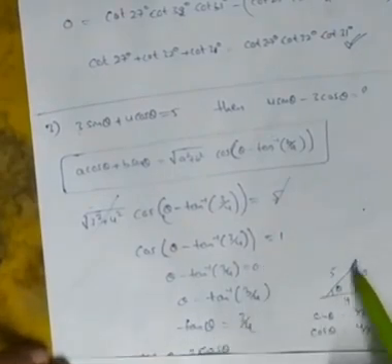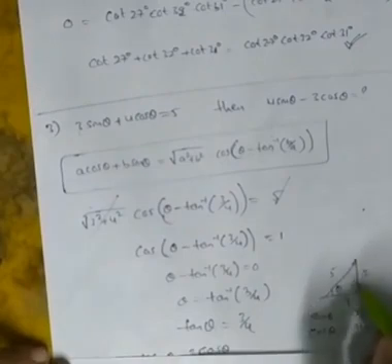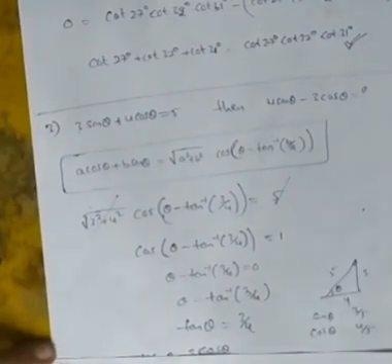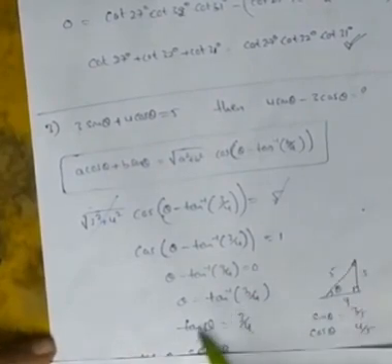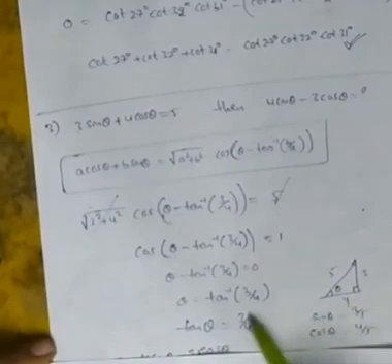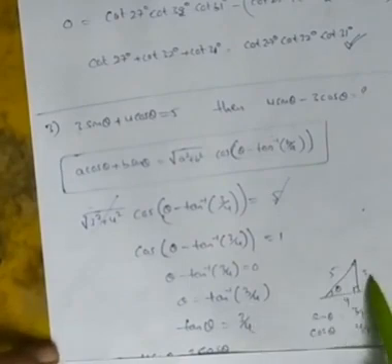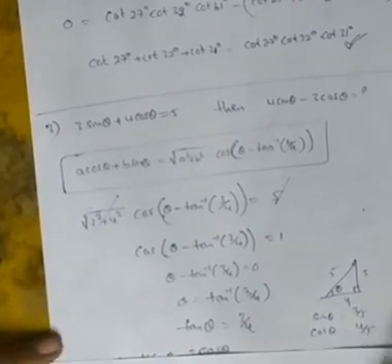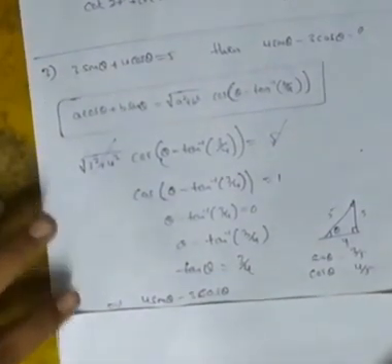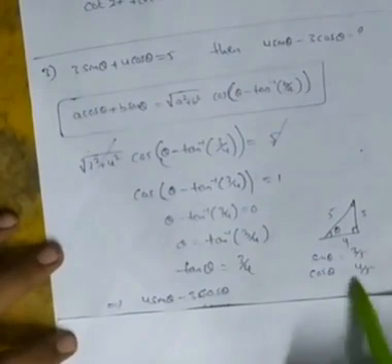So constructing a triangle, because all trigonometric ratios are considered in a right angle triangle. That is why we took a right angle triangle where theta is here. So tan theta is equal to 3 by 4, because tan theta is opposite side by adjacent side. Opposite side is 3, adjacent side is 4 and hypotenuse is 5. From this we can write sin theta equals 3 by 5 and cos theta equals 4 by 5. So we have sin theta and cos theta.